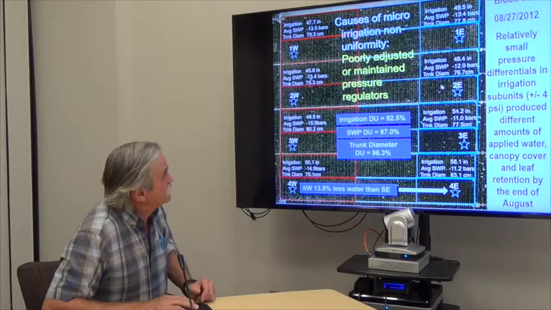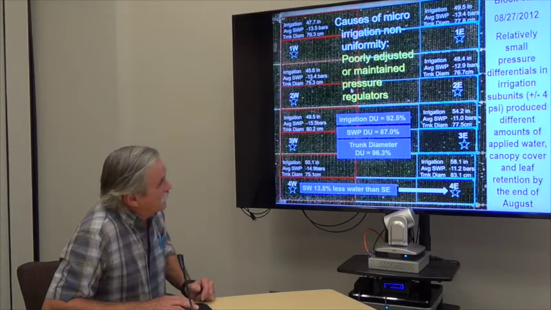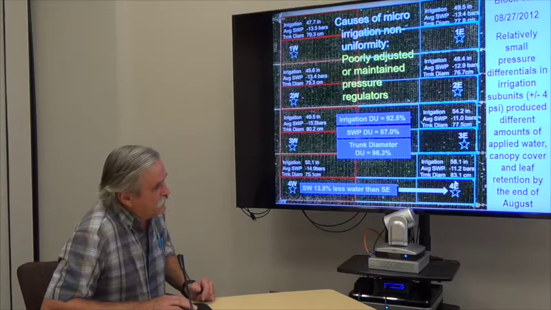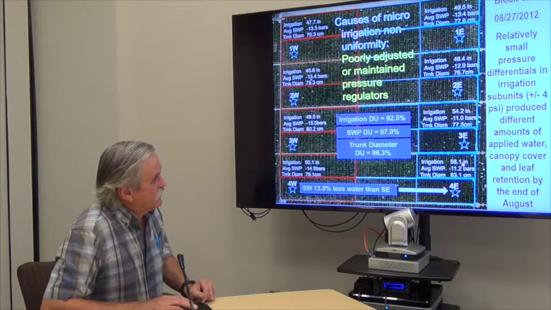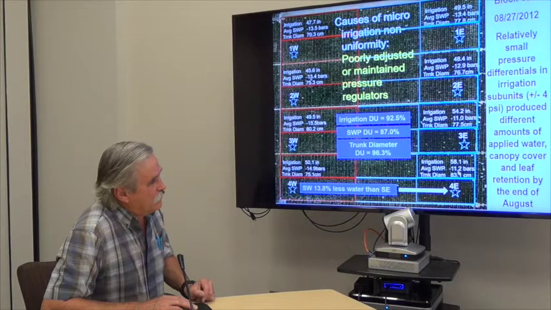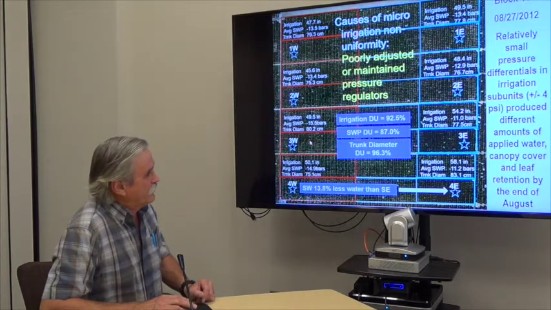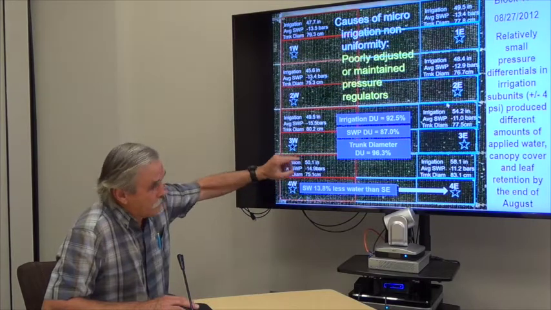So you can see we've got everything from 45 inches for the whole year, and the average stem water potential was negative 13.4 bars, up to 58 inches in the wet quarter down here, which was lower elevation of the field, and negative 11.2 bars for that whole system. The trunk diameters down here were 83.1 centimeters. They were 75 centimeters up here. Not a big difference. So if you use a DU calculation and these numbers for the whole year, not just a single event